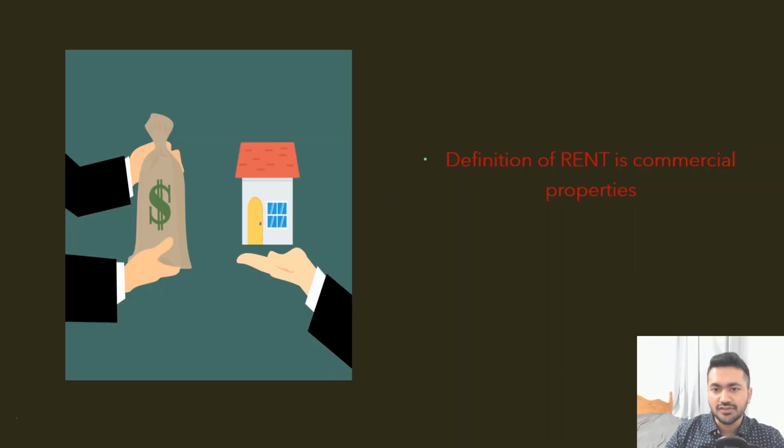So first things first, what is rent? Rent in commercial real estate is like paying for using a space for your business, just like you pay to live in a house. When a business wants to use a place to work, like an office, a store, or a restaurant, they agree to pay a certain amount of money to the owner of that place. This payment is called rent. It's how businesses get to use the place without actually needing to buy it. A lease must contain a covenant by the tenant to pay the rent.